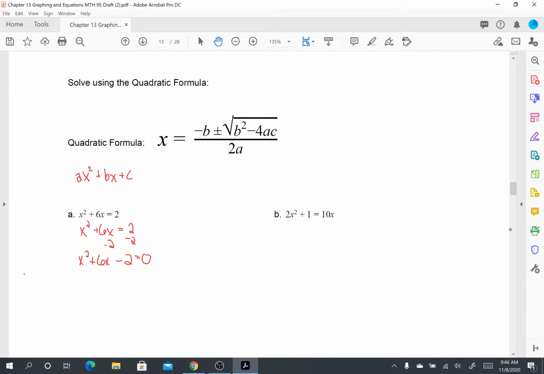The one that we're working on now, a is equal to 1, b is equal to 6, and c is equal to -2. So we can stick a, b, and c into the quadratic formula and it will output the x, and those x's are your x-intercepts. So we would have x equals, and then b was 6, so we'll say -6 plus or minus the square root of b squared minus 4ac,